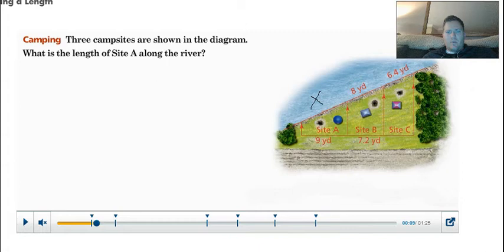I can set up a proportion with site A and site B. I have both those. And again, I have yards, yards, yards. They're all in yards, so I don't have to do any conversions, so that makes it pretty easy. So when I set this up, again, it doesn't matter which order you go, from bottom to top, or from top to bottom, or from left to right, but I'm going to go from the top to the bottom. So it's going to give me x over 9 is going to equal, again, going from the top to the bottom, 8 over